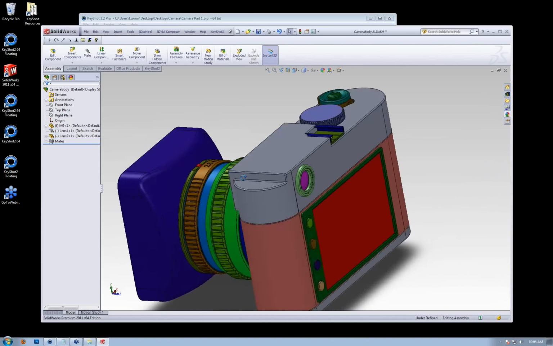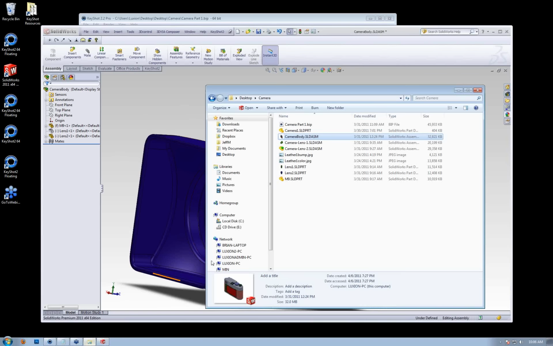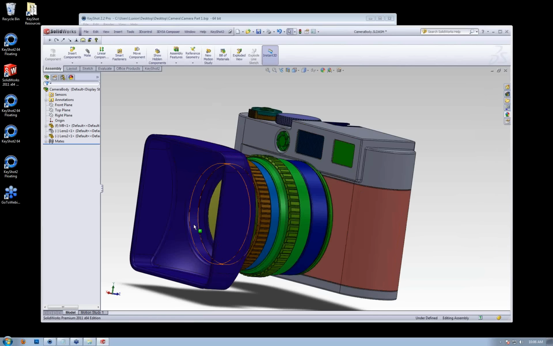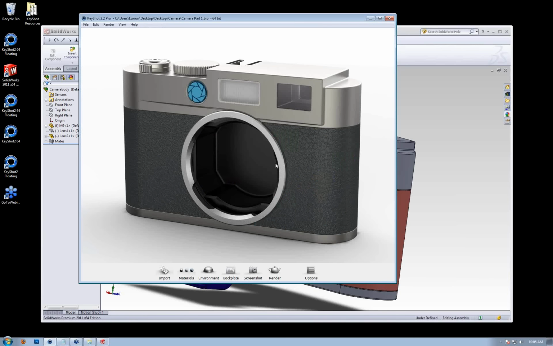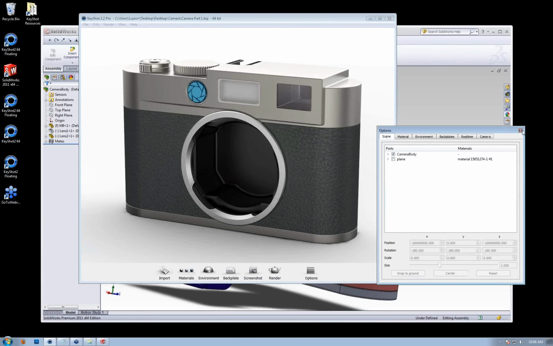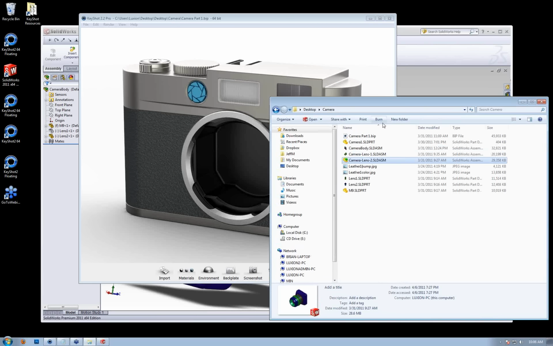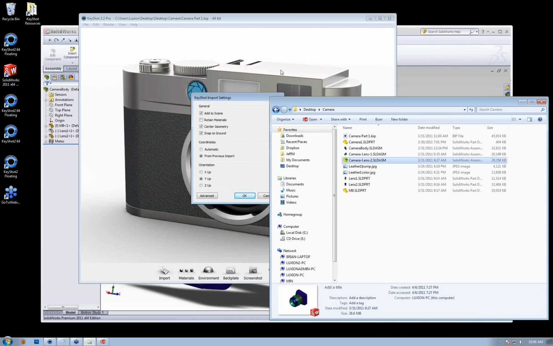All right. So I needed to make this assembly, and then what I needed to do was save out individual assemblies from this one assembly of each of the individual components. Of course, I could import an entire assembly, even with both of the lenses shown, import that whole thing into KeyShot, but then everything will be under my scene tree here as one model. So instead, we have it as separate files,